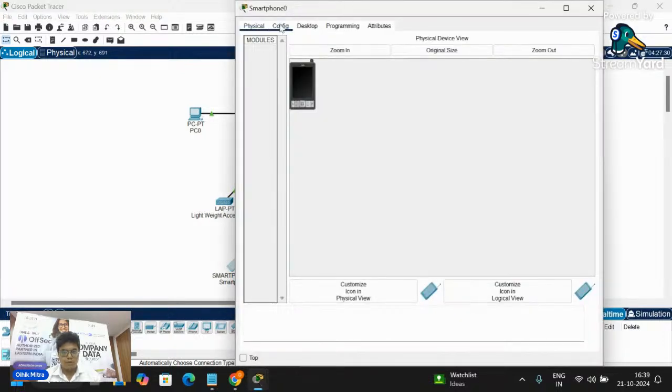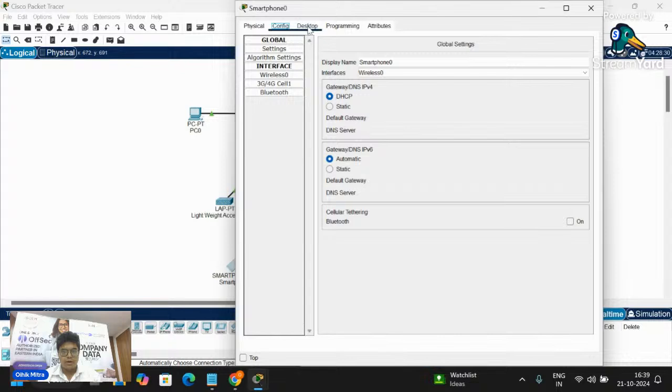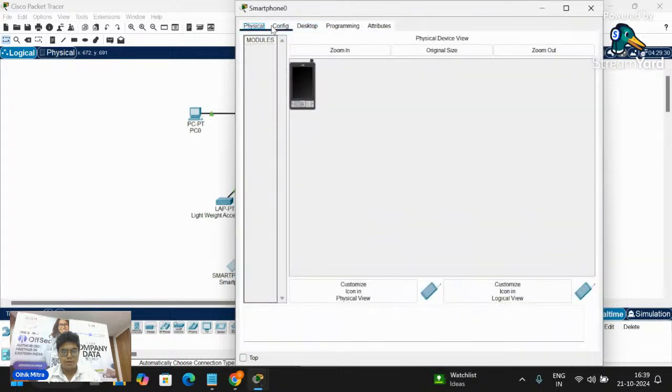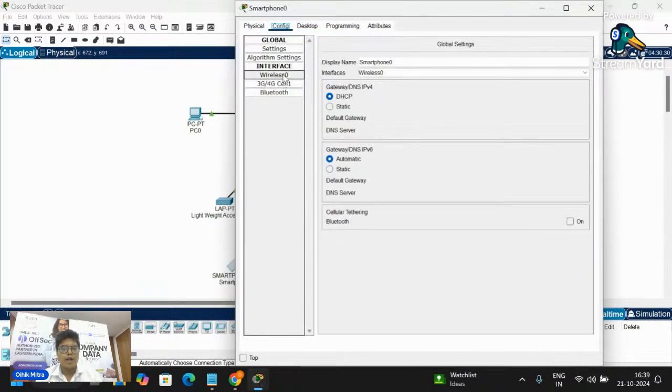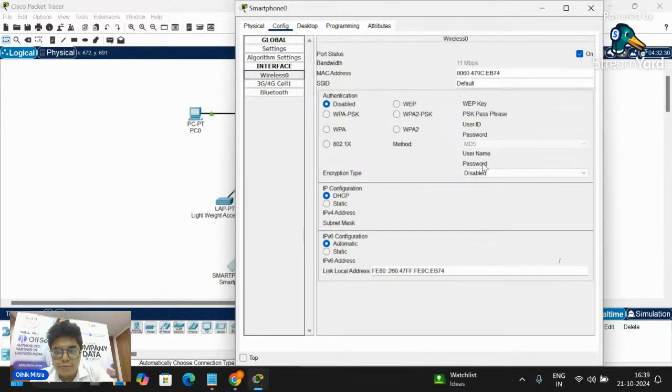Okay, so now go to Config, then Physical, wireless zero. As you can see, wireless zero. We will select WPA2 pre-shared key. The SSID name will be WLC.